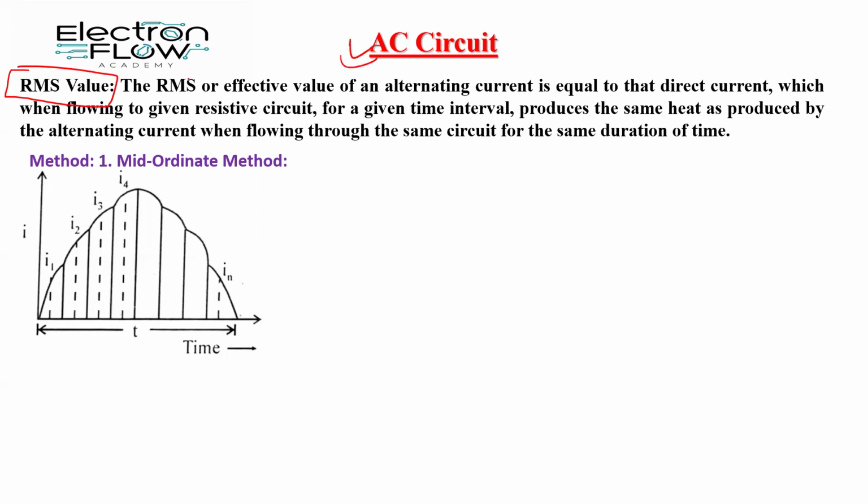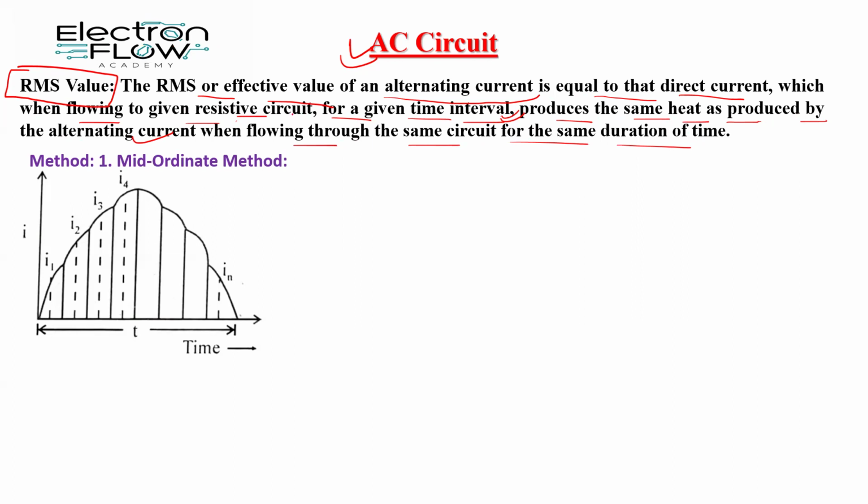The definition of the RMS or effective value of an alternating current is equal to the direct current which, when flowing through a given resistive circuit for a given time interval, produces the same heat as produced by the alternating current when flowing through the same circuit for the same duration of time. Basically, the power transfer capability